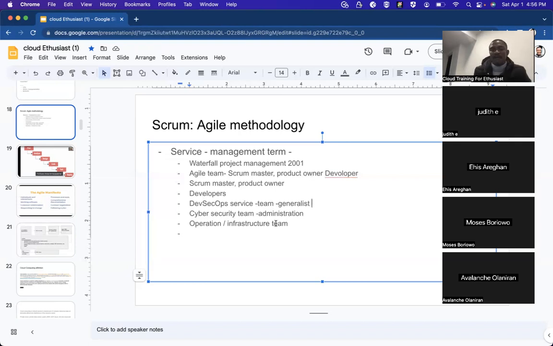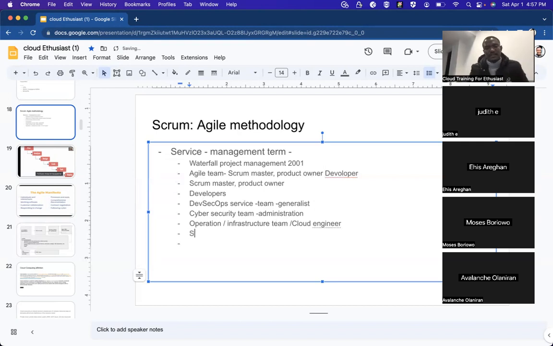Like me, I'm from the operation team. I'm a DevSecOps from the operation team. They have the infrastructure team, who are also known as the cloud engineer. So this is the Agile team in a typical